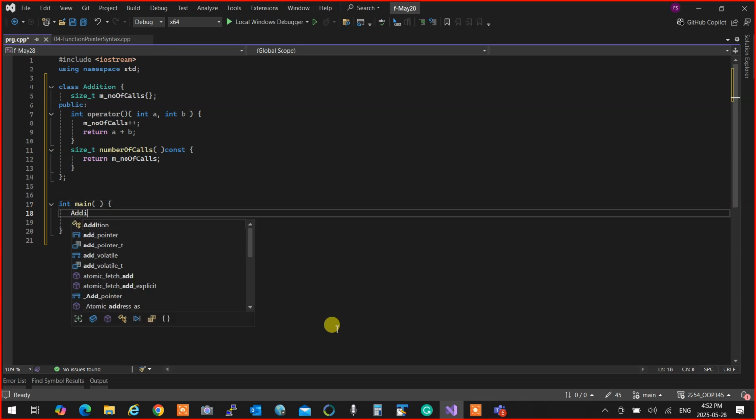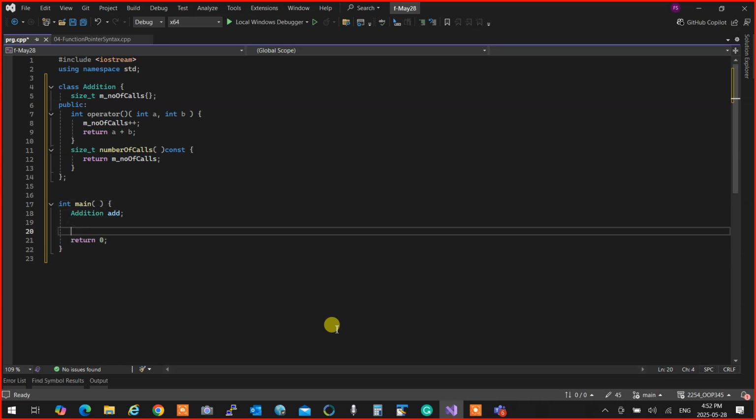I'm going to say addition, add. So add becomes an instance of addition, right? To call an operator, what do you do? Exactly like index, where I put the index and I put a number in it. In here, I'm going to say,